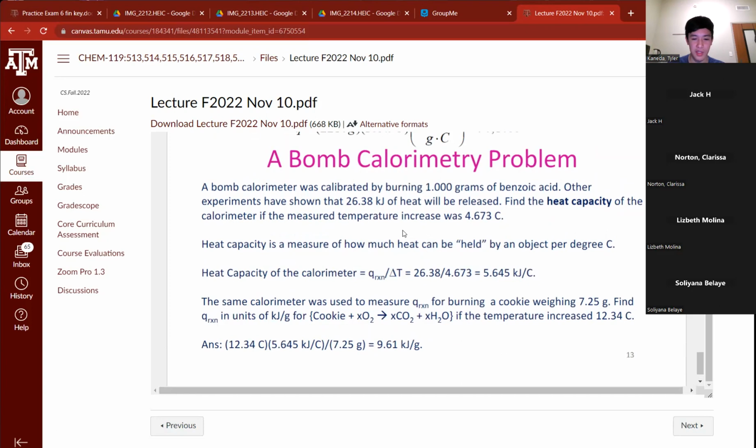Yeah, but as long as you understand everything else, you should still get a pretty good score on the exam. I'm just going to hope that there's not a very complex bomb calorimetry